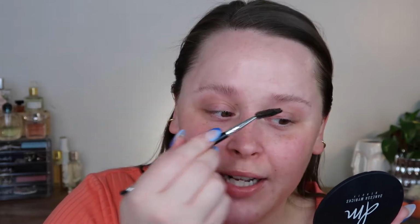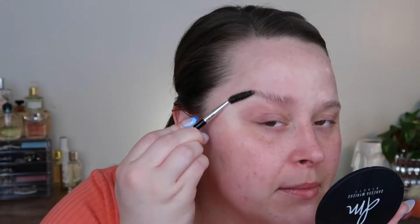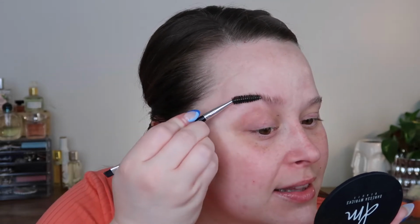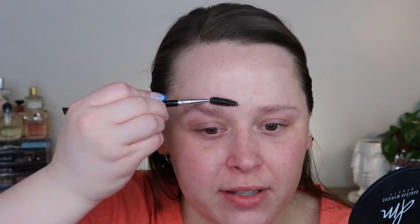So then after it's dried down, I will take a spoolie and actually brush them where I want them. And as you can see, it laminates that brow. So I'm gonna try to get all of my hairs in the right directions first. It's so weird to see my brow look this big when it looks like this all the time. If you were gonna do this every single day, if this was gonna be your brow hack, then you could cut your hairs to be the length that you want them. But I don't do this every day, and I don't have much brows, so I don't want to cut it. So I just take the top and try to shape it